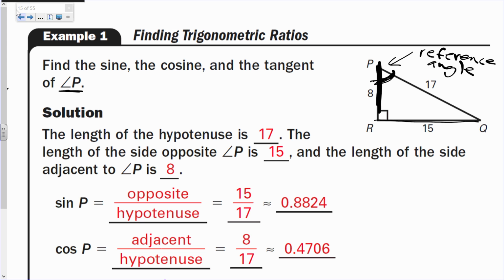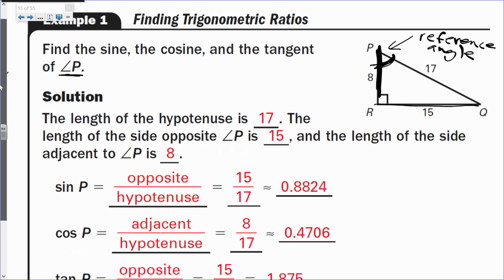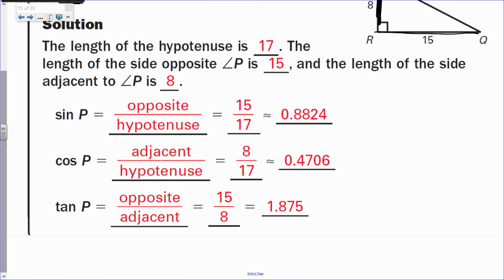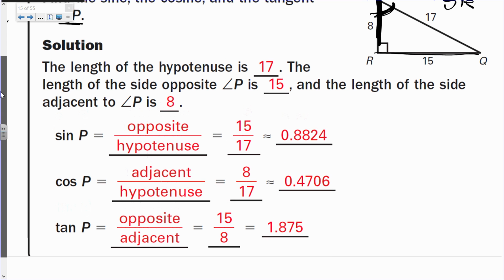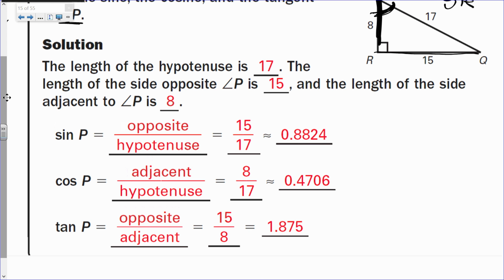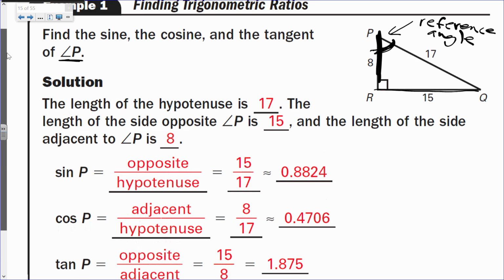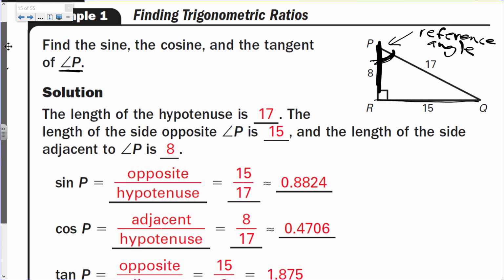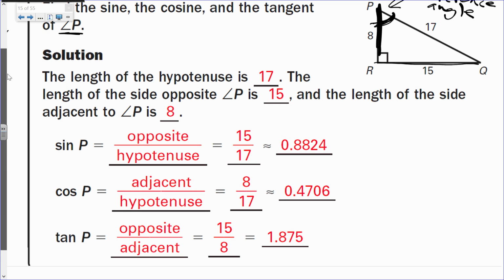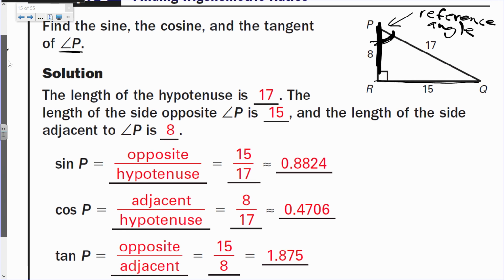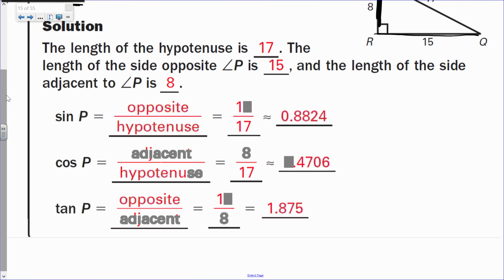If you go back to example 1 from yesterday, we got the sine of angle P, the cosine of angle P, and the tangent of angle P. This is yesterday, example 1, and you can watch the video from yesterday, or you can just quickly copy this in right now. And whatever's in red, you're going to copy in your own note guide. But what I want to go over right now is